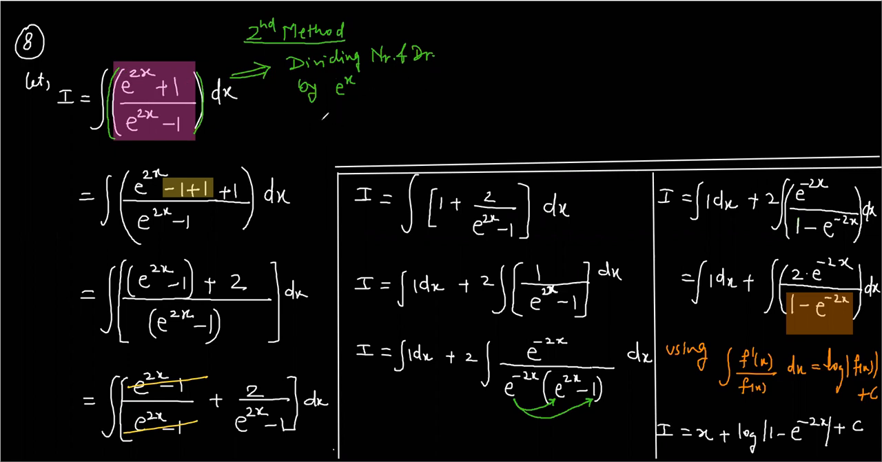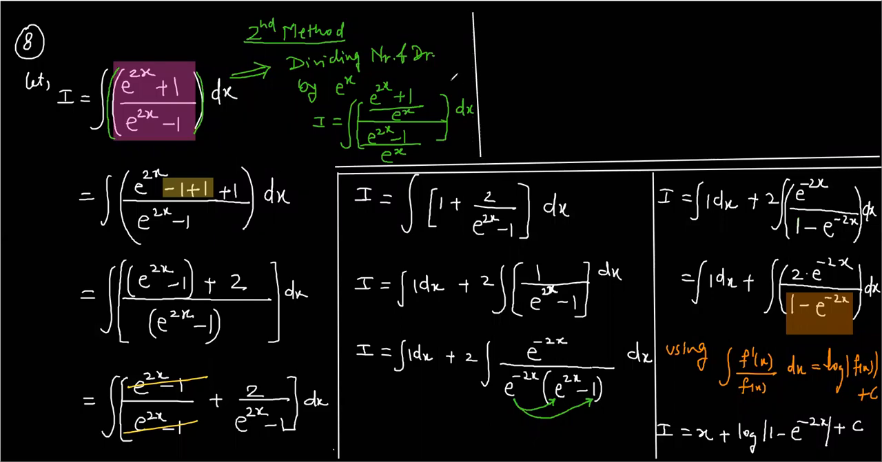So what I will get is I equals the integral of (e raised to 2x plus 1) divided by e raised to x, and (e raised to 2x minus 1) divided by e raised to x, and here outside you have dx. Okay, I hope you all have followed it. So what will be the next step, students? The next step will be,